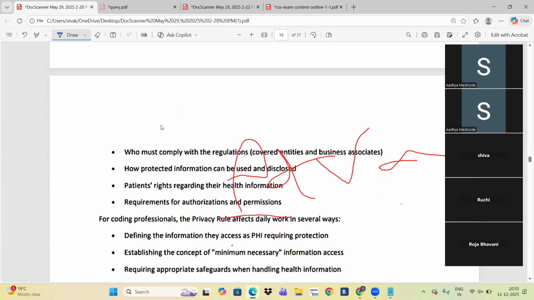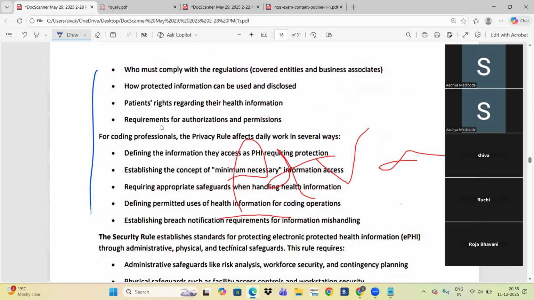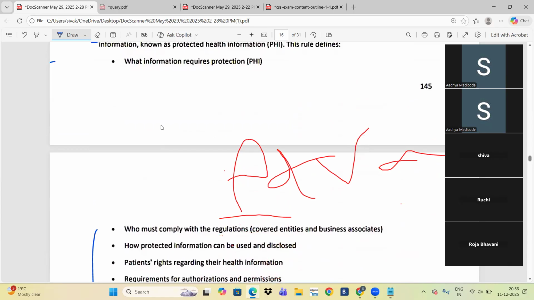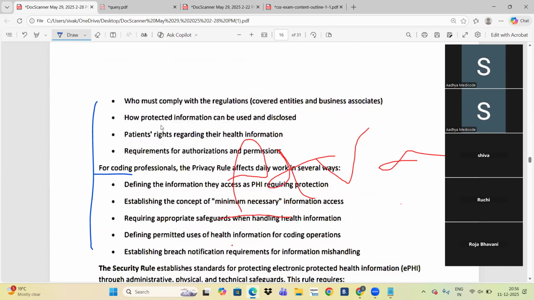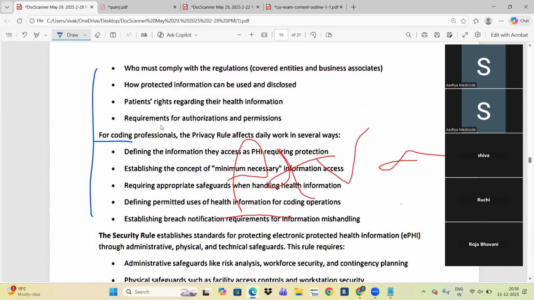Here they have given the rules on how we need to protect the documentation. Go through these points. How coding professionals need to protect, and how the work side needs to protect the health information. These are the guidelines they have given.